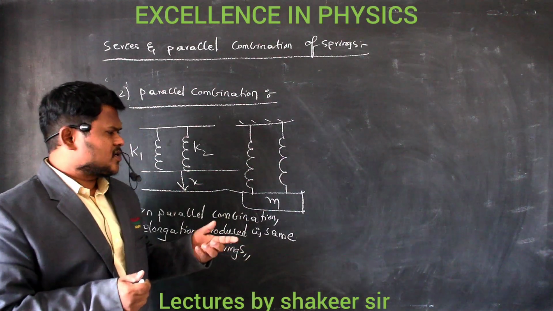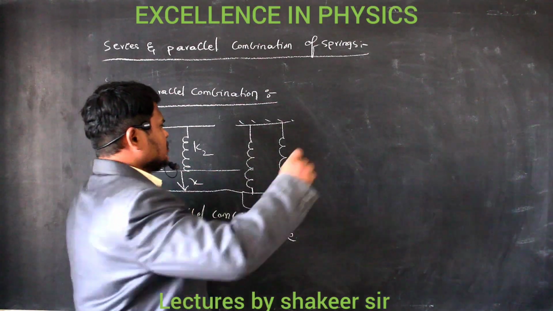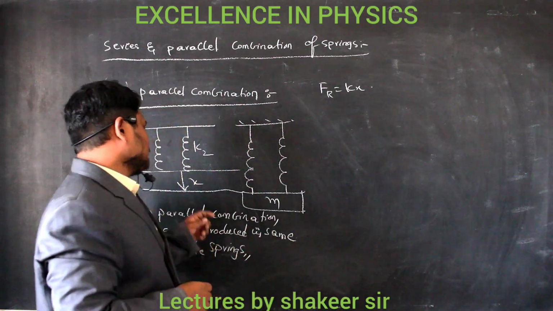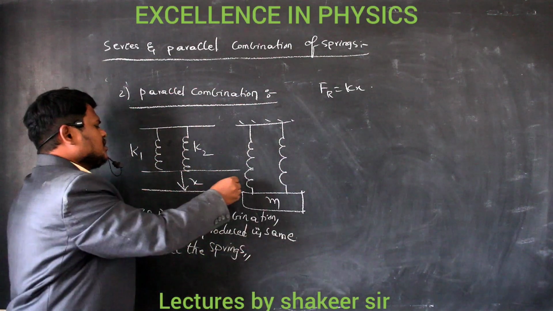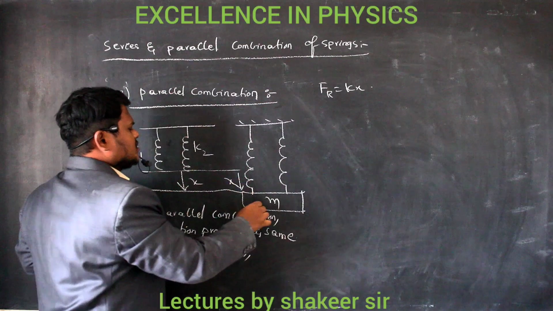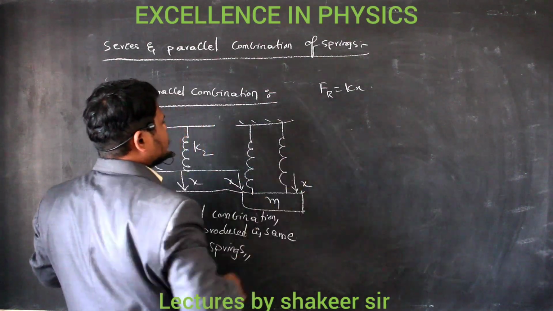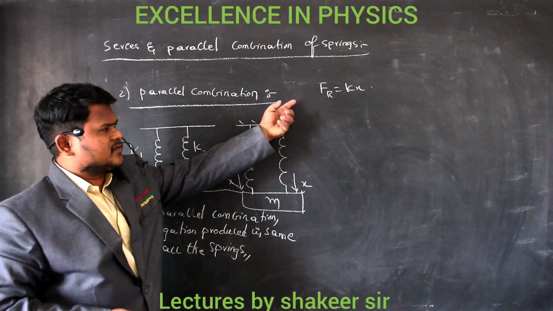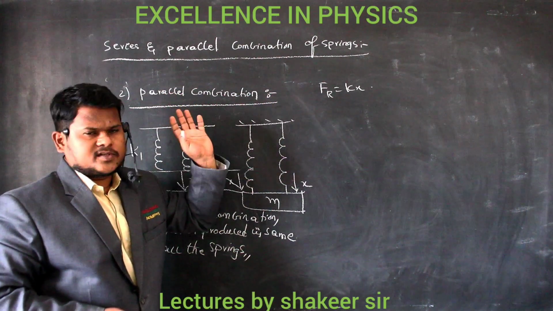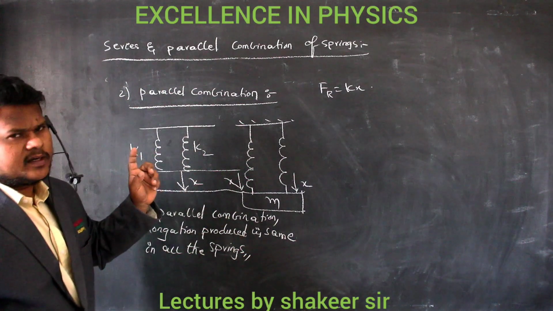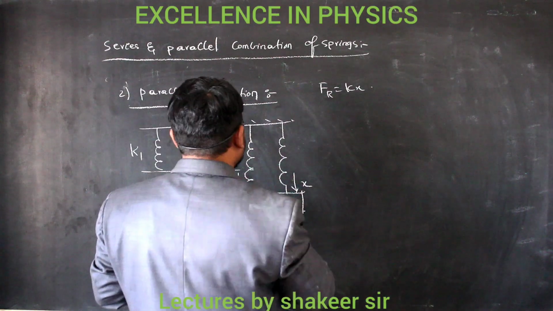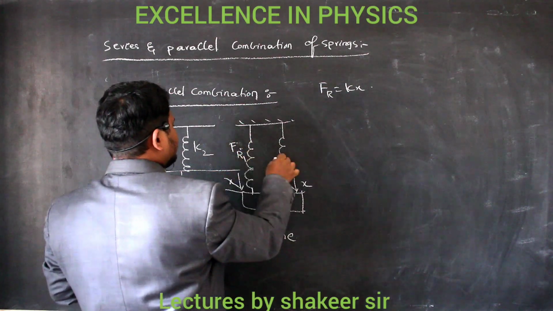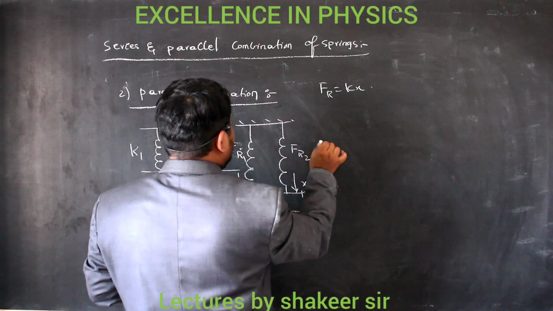So is restoring force also equal or not? So let us see. Restoring force is written by K into X, no? So X values are definitely same. Elongation in this one is also X. Similarly, elongation in the second spring is also X. But K values are different, no? If K values are same, definitely you can say restoring force produced is also same. But we have taken different K values, so restoring force produced in this one is FR1, and restoring force produced in the second spring is FR2.